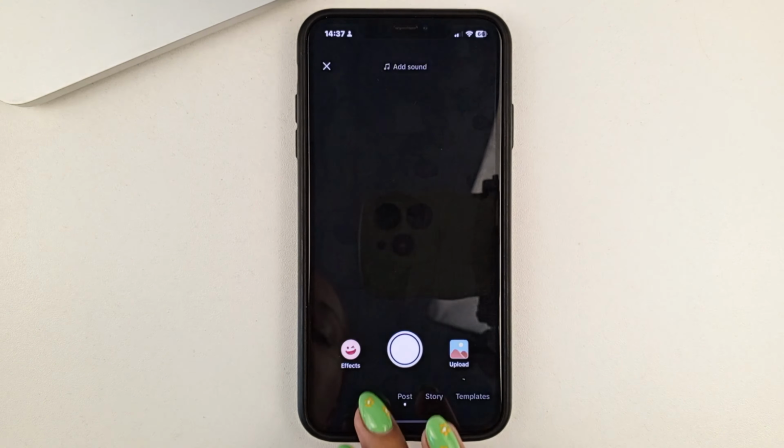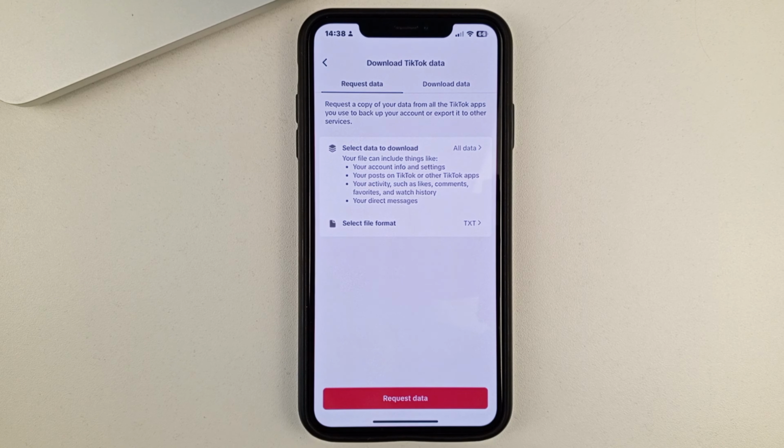If that video is not there, then you will need to go back to TikTok. And here you will need to click on the three bars in the top right corner. Next, Settings and Privacy. Then Accounts. And here, select Upload your data. Now you'll need to click and download.